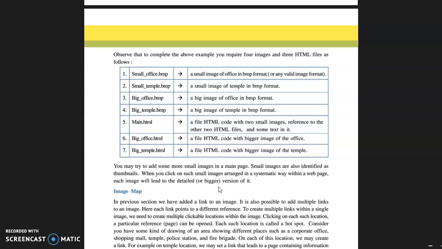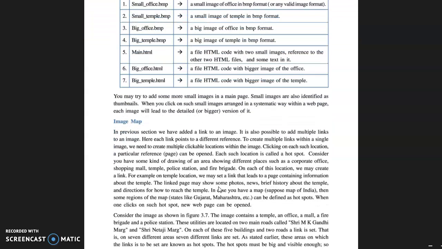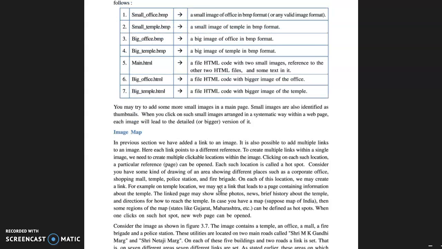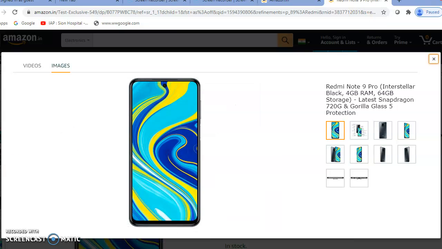In this hot image topic, we will learn how to create a web page with multiple pages and multiple images. This is a really very important topic of this chapter. So you should practice this topic. In this topic, we will create an image as a hotspot. What is meant by image as a hotspot? That means when we click on an image, it will open another page.